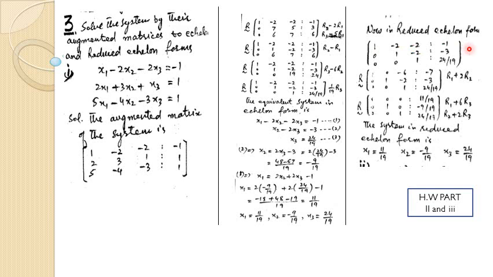Now for the reduced echelon form, again this minus 2 I want to make 0, okay. So first r1 plus 2r2, why r1 पहले क्यों लिखा? Because I want to apply the operation on row 1 plus 2r2, so 2 1s are 2, 2 minus 2 is 0, okay. And the same story you have learned from this here. Now you can see that 1 0 0, 0 1 0, 0 0 1, and this is row 1 plus 6r3 by the property. So now you can see that x1 is equal to 11 upon 19, same is here, x2 is equal to minus 9 upon 19, same is here, and x3 is equal to this, okay.